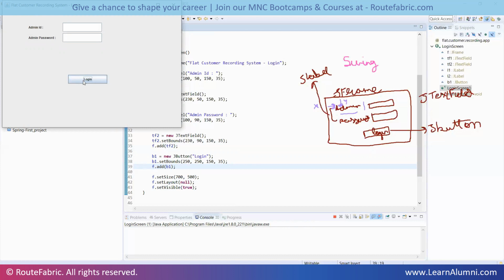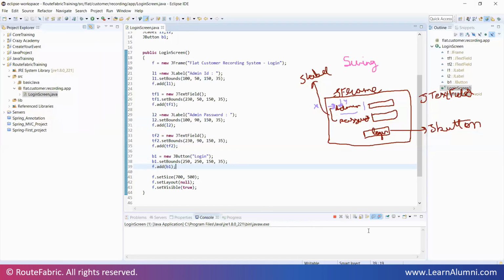So this is the first screen that we have created, just the screen. There is no working on it. Yes, you can go ahead and try to write something, and I can say password is root fabric, that you can easily type. But once you click on the button, nothing will happen. So what we want, once we click on the button, something should actually take place. So let's go ahead and start working on it.